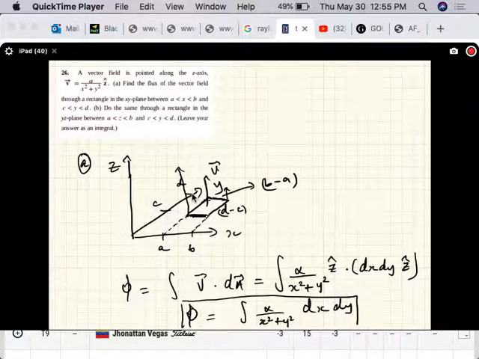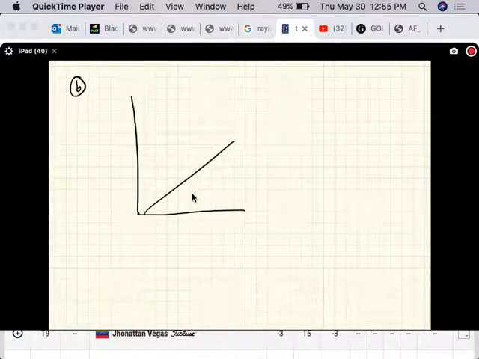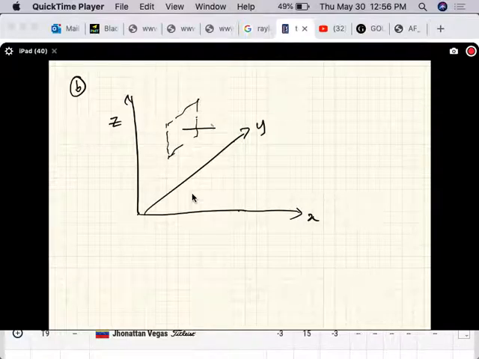Do the same through a rectangle in the YZ plane. Okay, so the area in the YZ plane is there. The area vector is in this direction, and the vector field is in that direction. And you can see that V dot,